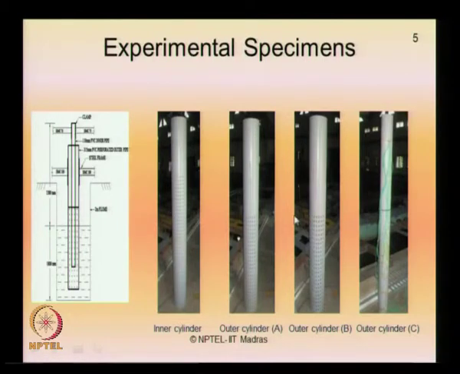These 3 outer layers of A, B and C have different regions of perforation which are covering the inner cylinder, and the forces are measured in the inner cylinder. You can see the instrumentation done on the inner cylinder. The whole assembly, with the outer covers of A, B and C on the inner cylinder separately, is put in an assembly and supported using a clamp, and the cylinder is suspended and the wave field is activated. That is the setup we have.